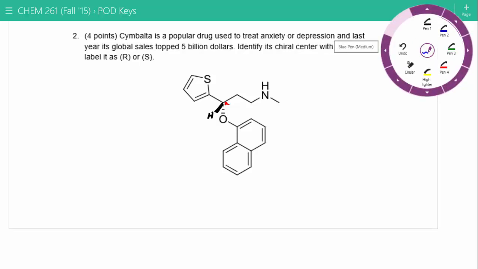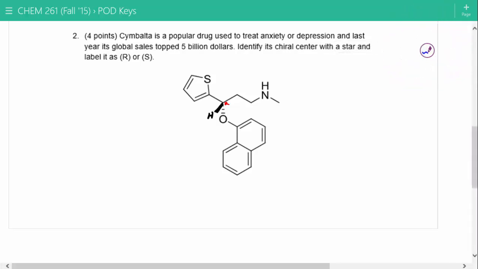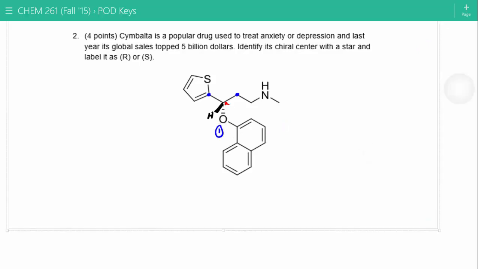Then we can go through and assign priorities. Oxygen beats the 2 carbons that are attached, so we can label that as priority 1. Now we've got a problem. We've got a carbon here, and we've got a carbon there. Which one's higher priority, the left or the right? The left. And a good strategy for this is what I do